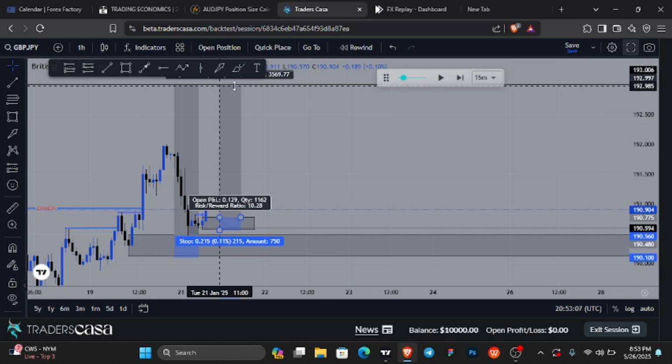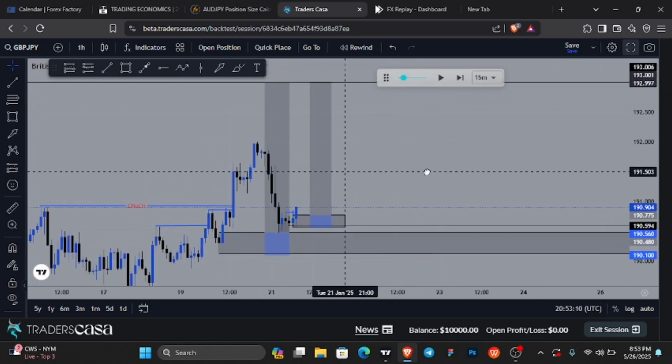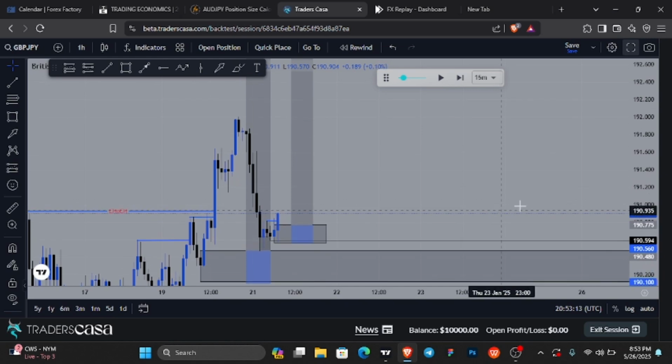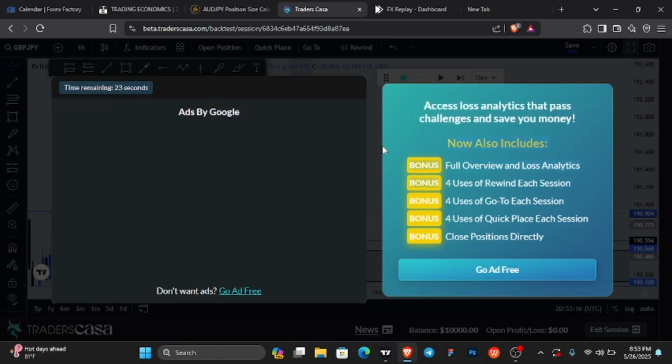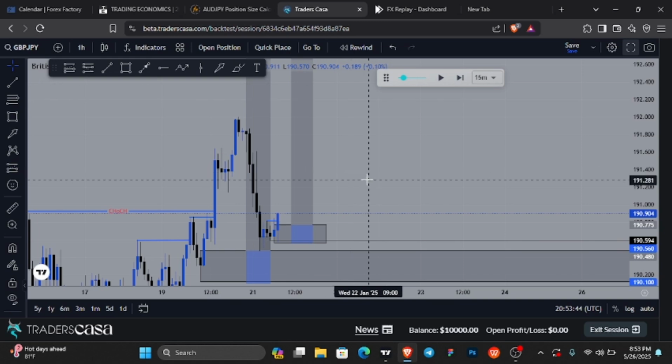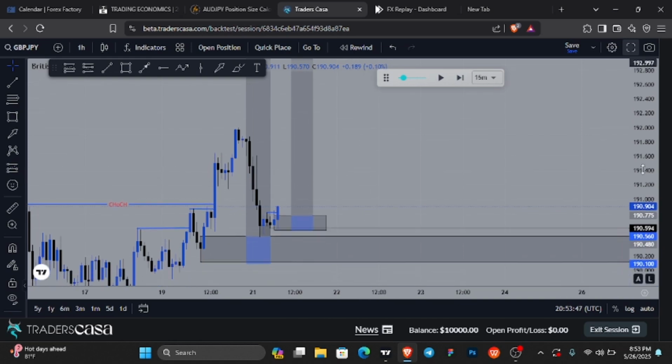So here is how, with the confirmation approach, you get a higher risk to reward ratio, but then you miss more of your trades. You understand me? With the confirmation approach, you are going to miss a lot of trades because you don't realize that price is going to pull back into your demand zone. Price might just keep on going and going and going. So you are going to take fewer trades, but when you are able to get one or two trades and it goes in your favor, you are going to get a higher risk to reward ratio than just using the